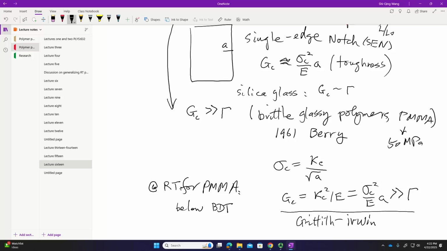Folks, I hope you are not confused by my multiple statements here. PMMA was cut, and they measured this GC and found GC to be much larger than gamma. I suggested the reason you're doing it is you suspect that your PMMA has a lot of flaws, and the only way to explain or study PMMA